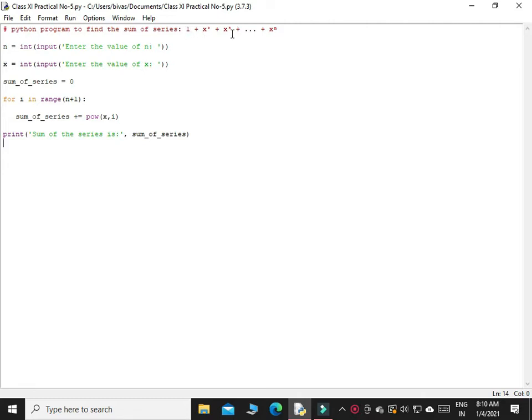The series is 1 plus x square plus x cube, and it will go up to x to the power n. So 1 means nothing but x to the power 0, and the series will continue in this way up to n. So over here I have to take the value of n as well as the value of x